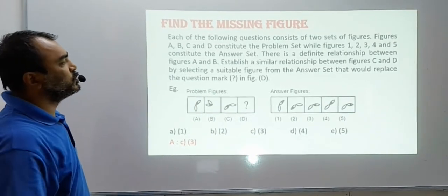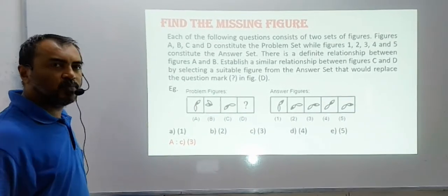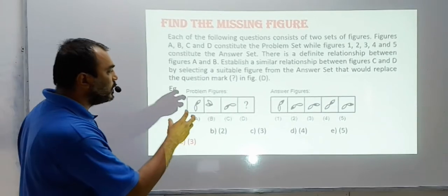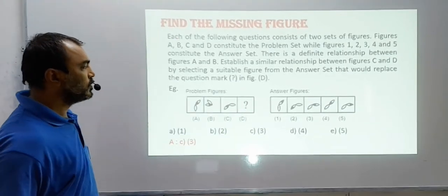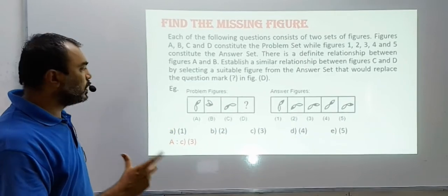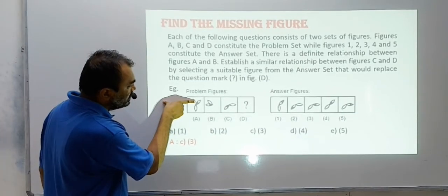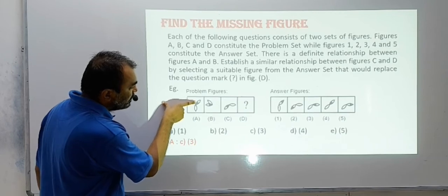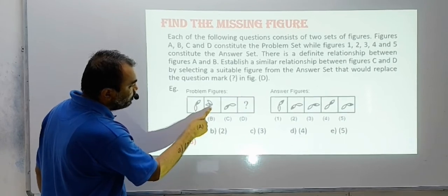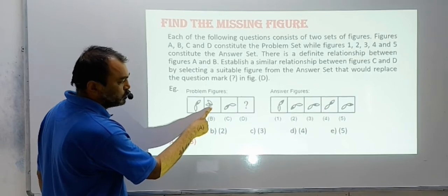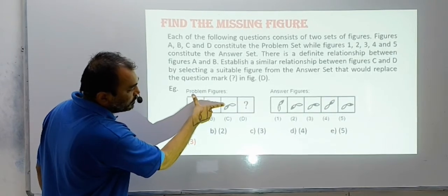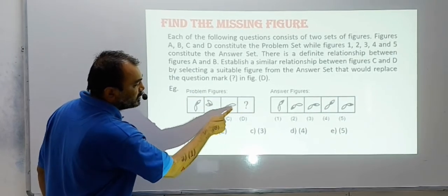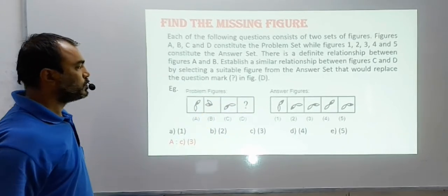So you can see this question. It is only a question of the missing figure, but how many things you need to see here? There are a lot of things you need to keep a check on. This colored figure, can you see this black part? The inside part is black. In A, the inside part is black. In B also the inside part is black. So, in C the inside part is black, then in D also the inside part should be black.